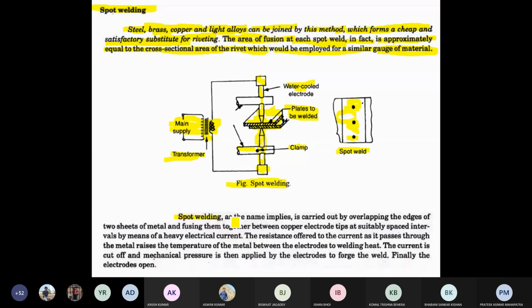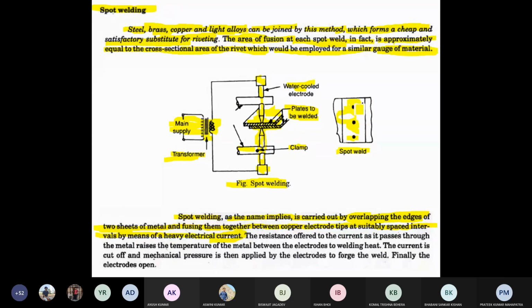Then spot welding, as the name implies, carries out the overlapping of the edges of two sheets of metal and fuses them together between copper electrode tips at suitable space intervals by means of a heavy electrical current. So electrodes are there, and you know that there is this space interval